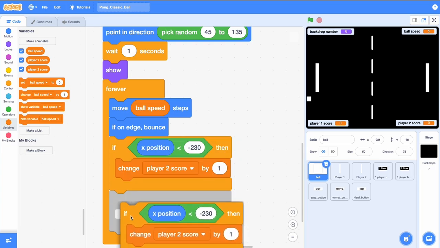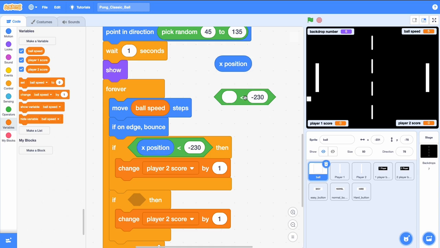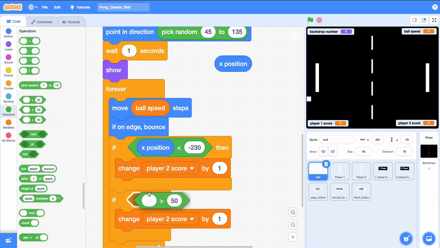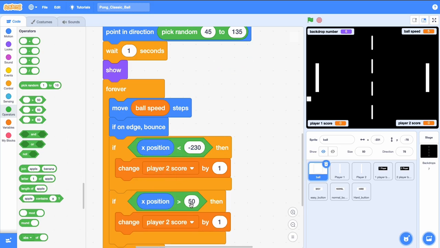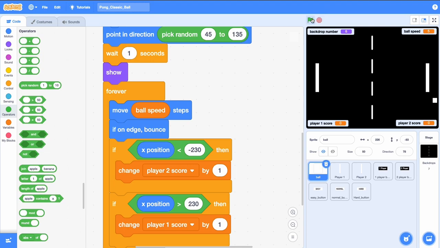Opposite, we can duplicate this, and instead of less than, we want to say greater than. If my X position is greater than 230, because if I drag this over to the opposite side, around 230 is when it gets close to hitting that wall. And so I want my player 1 to be able to score a point at that moment. Now, when I play this,